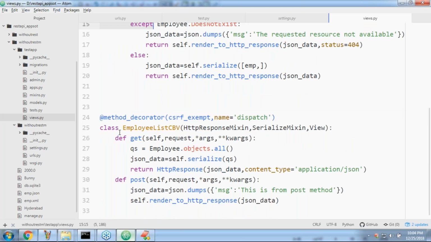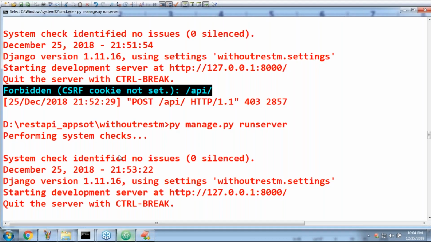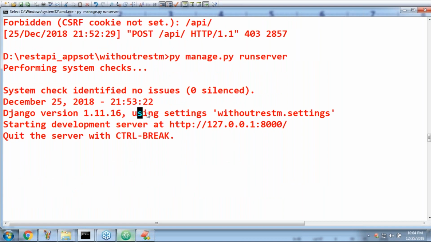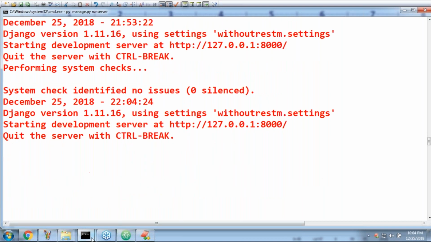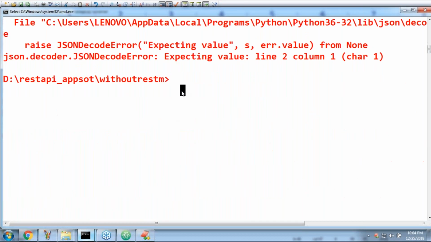Are all the people in a position to understand? Sir, what I did up to this is just disabling CSRF verification. That's what I'm doing. Now here no one is going to check CSRF verification. Just have a look once. Now I'm sending the request. Now whether the post method is going to execute and the post method response is going to display or not, you should be clearly aware, right?